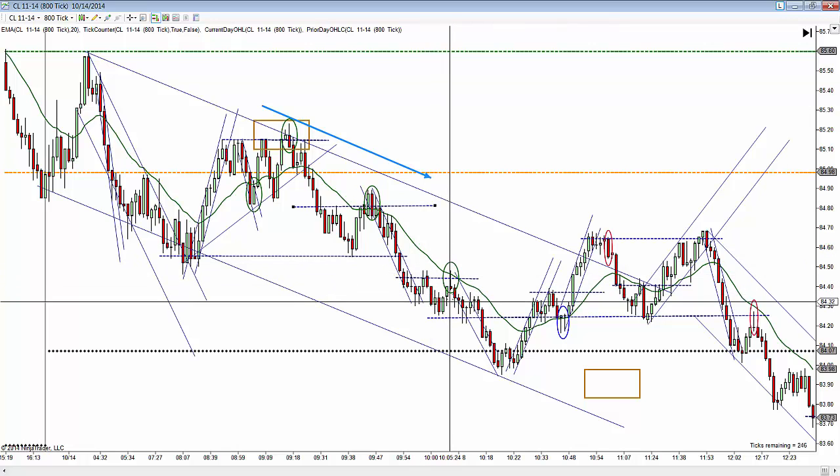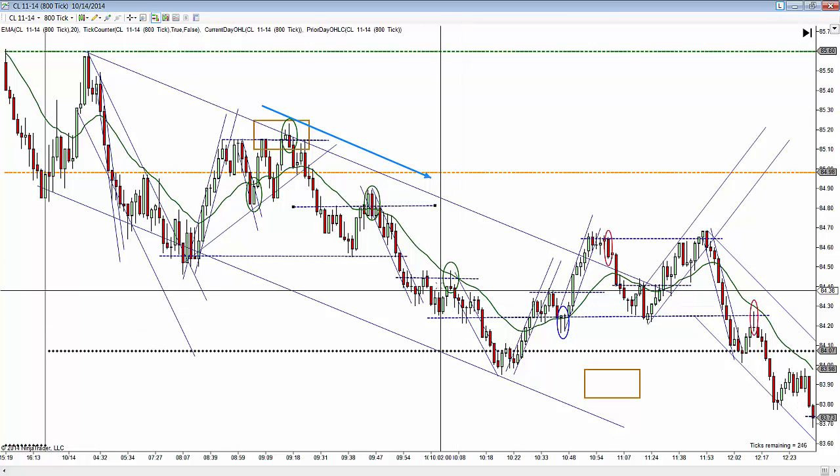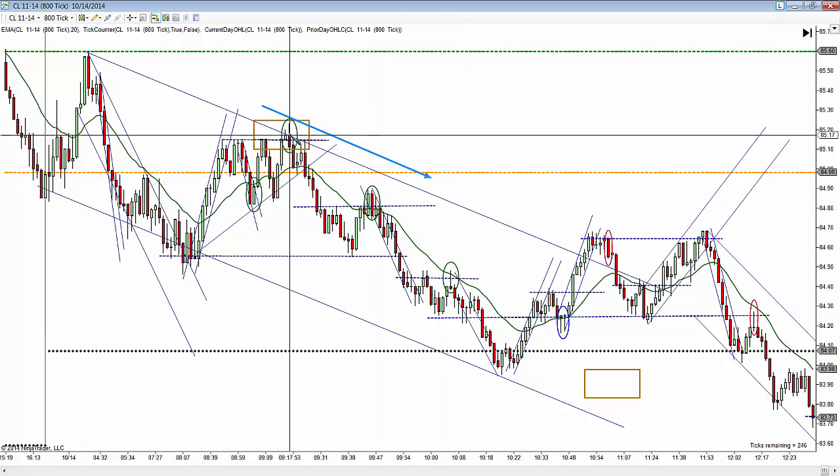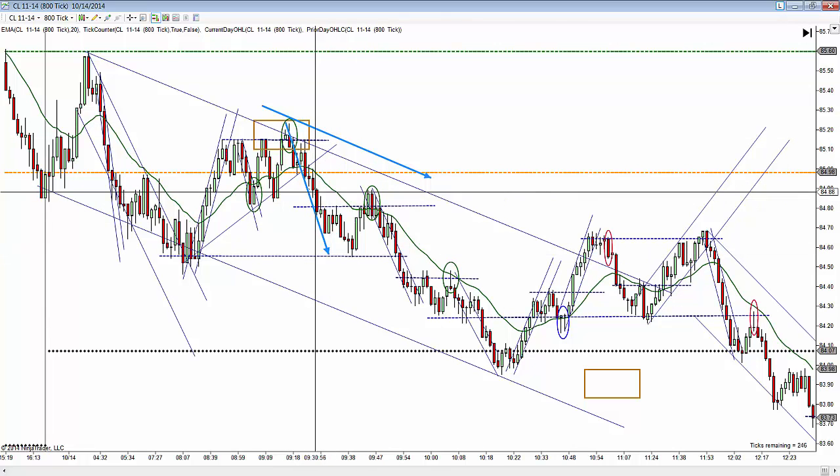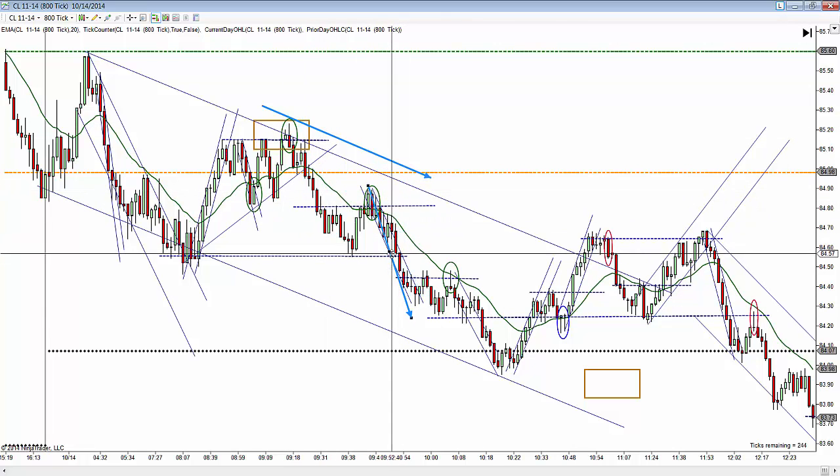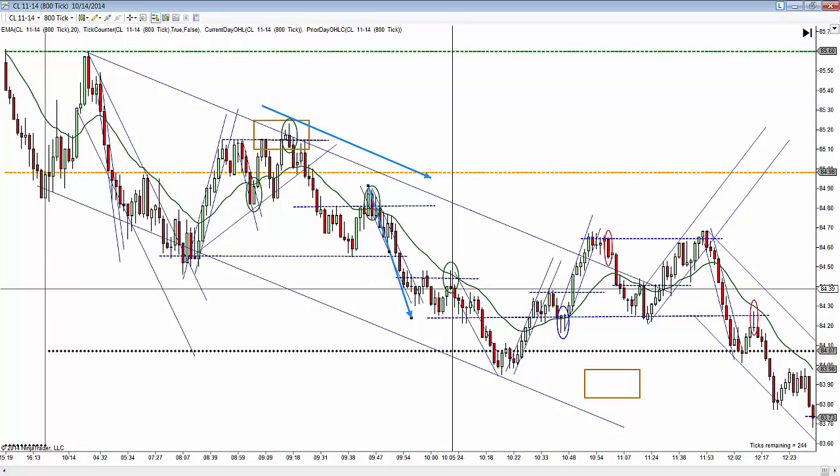But when you get into something like this, I'm looking for a measured move. And the measured move has got to be like, well, here's a measured move down to here. We have this pullback. So we're down at this area, but then we have this other pullback. And this bar right here, you can see it's a trap.